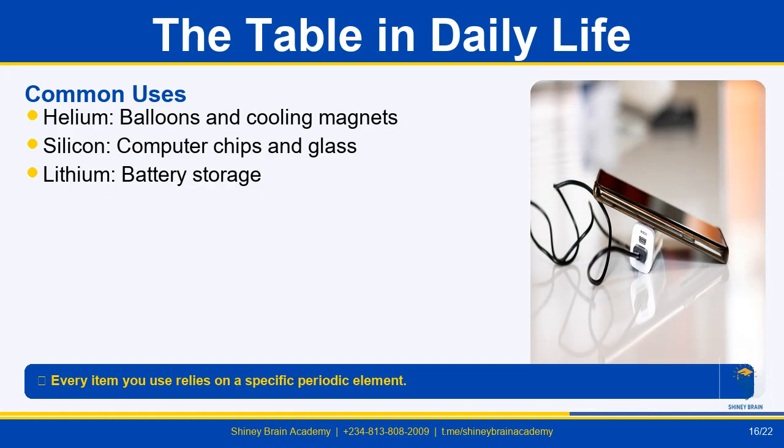The periodic table is not just for academics, it is the source of all our modern technology. The silicon in your computer chip is a direct gift from the periodic table, chosen for its semiconductor properties. The lithium in your phone battery was selected for its ability to store and release energy efficiently. Every piece of hardware you use is a triumph of chemistry, based on knowing exactly which element to use and